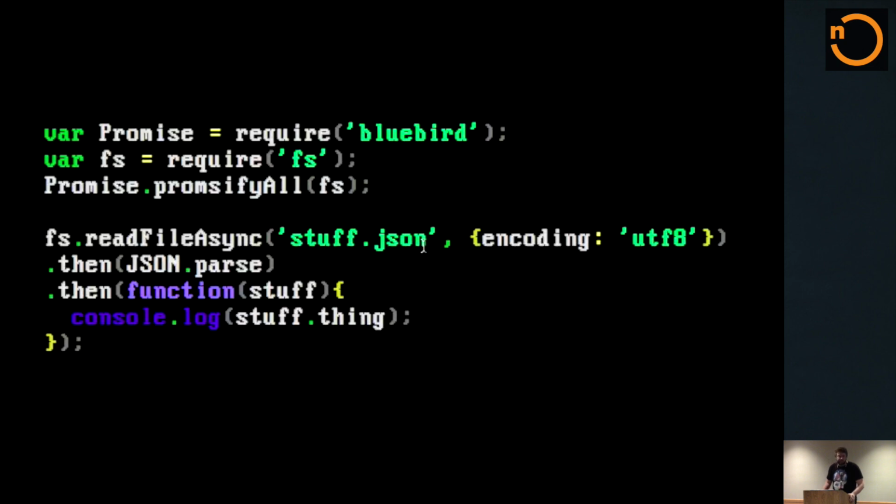Also, it's important to note that functions like promisify and promisifyAll, as they are in Bluebird and probably some other libraries, are a little bit performance intensive. So if you're doing this in Node, you probably don't want to do this in a request-response cycle. You probably want to do this all at startup during your initialization time if you can. Obviously there are some cases where you can't, and you just deal with it.